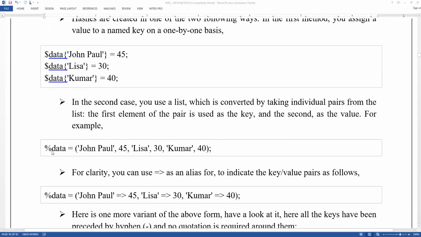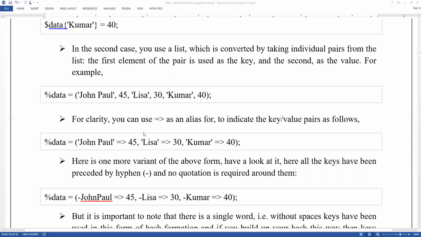Another type is %data = (John Paul 45, Lisa 30, Kumar 40) in parentheses. Here also we can represent it, and one more representation is there: John Paul => 45, Lisa => 30, Kumar => 40.